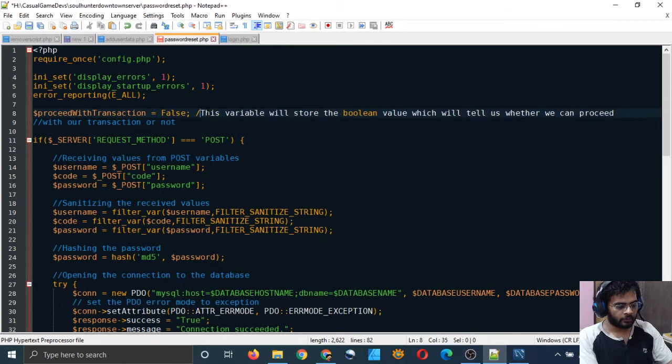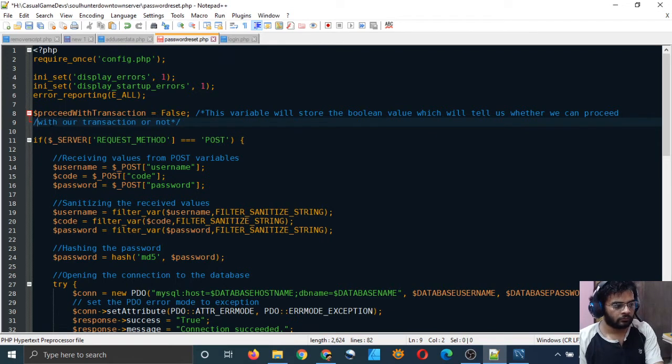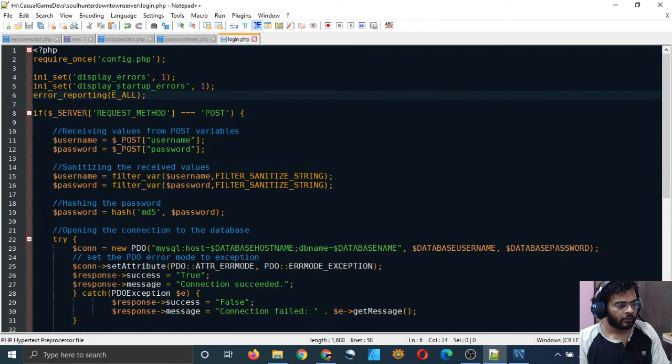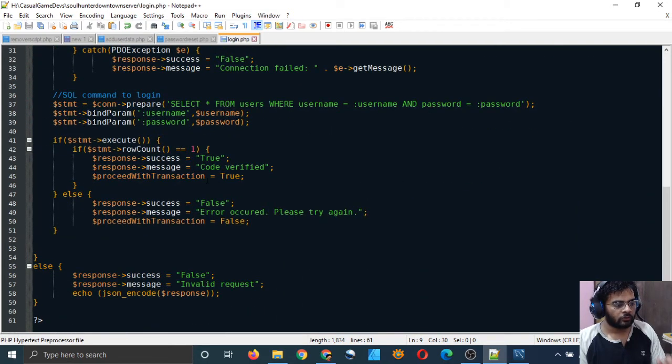So that's what this variable will do. And I have to copy this whole thing and paste it, and this variable should be set true only when we have found only one row in this statement, right? So that's good.